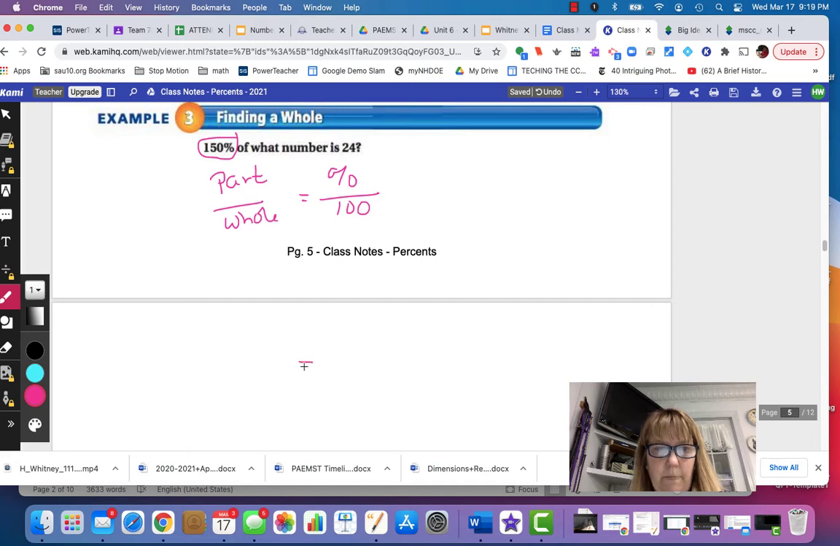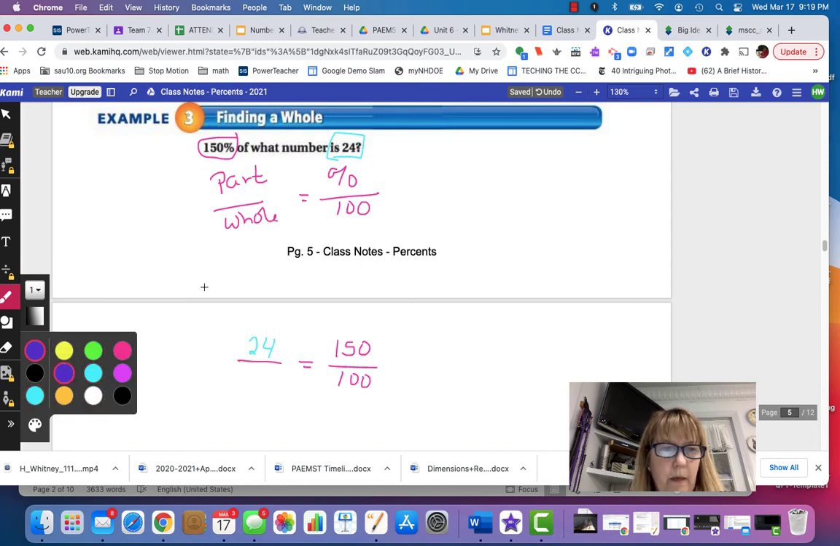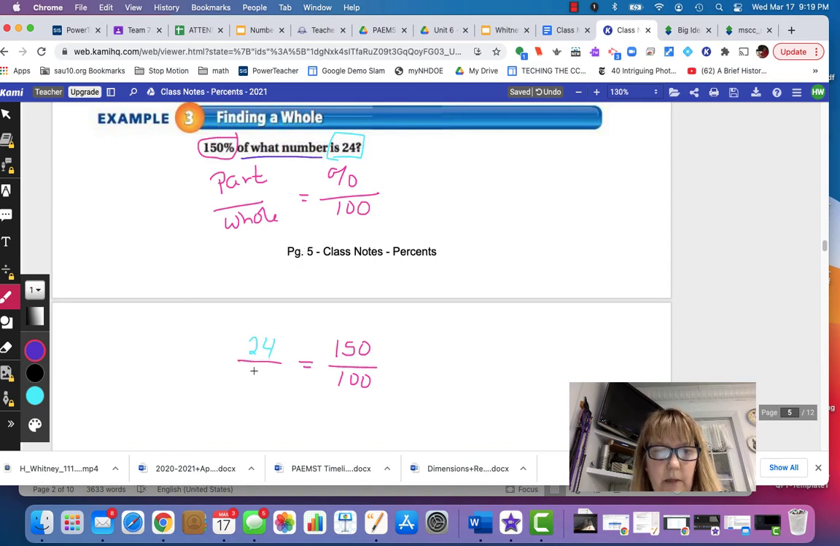So we know that 150 over 100 is our percent portion. And then our part is 24, so that goes here. And then our whole, notice, of what number? Well, we don't know what it is, so that is our variable, and that will be W. Cross multiply, get 150W is equal to